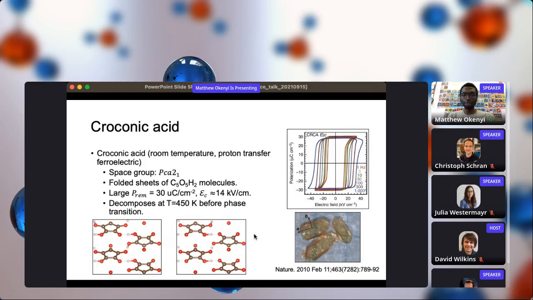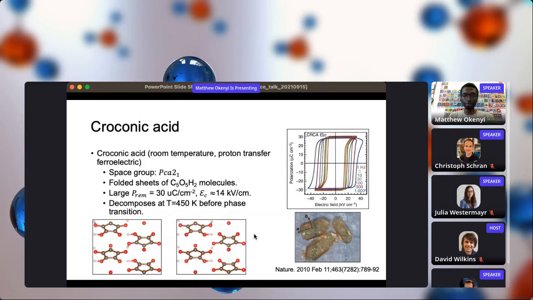The example that I focused on during my project has been croconic acid, which is a room temperature proton transfer ferroelectric, which basically means that the ferroelectric switching is achieved by the transfer of protons across a gap,